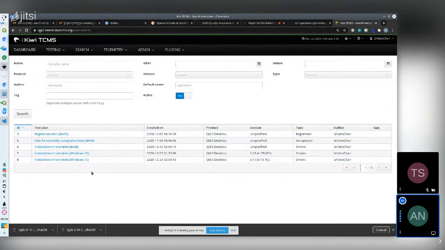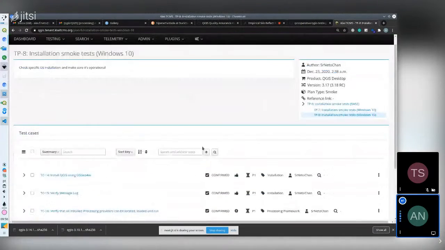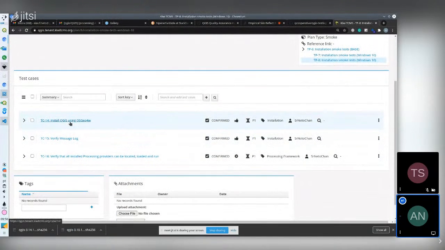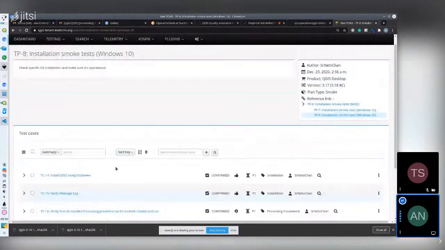That goes to the next part. So I have a plan. From all the tests in the base mode tests, I chose the ones that I wanted to include for this release. For now, I have these three tests. One is just the installation, which is always present, and then two other tests to run. And the idea here is,